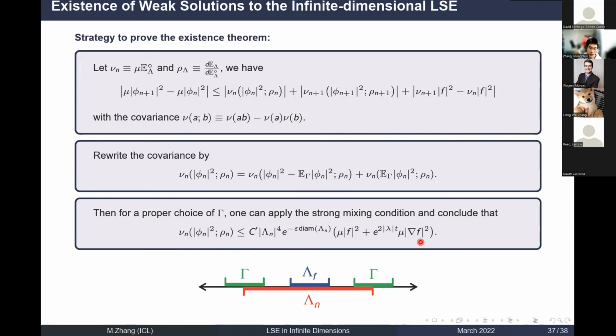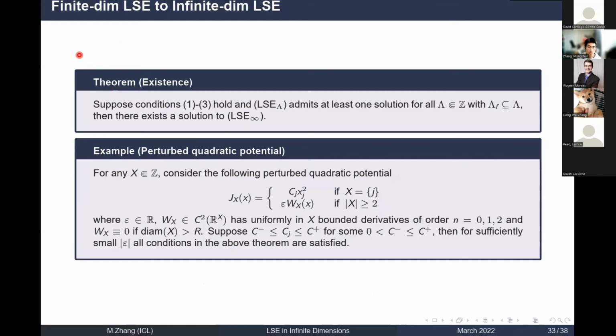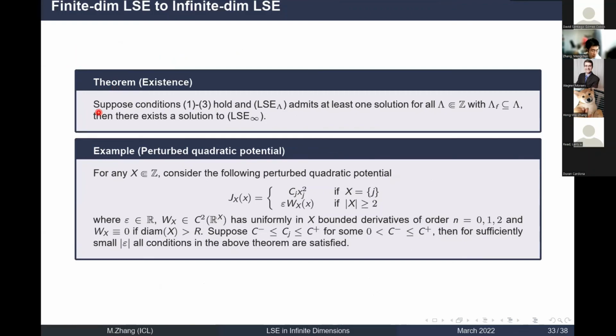Finally, we can have an example of this existence theorem. So suppose we already proved this theorem by the idea I just showed you. Then we can consider a very simple example. Again, for any x, this means x is a finite subset of Z, and consider this